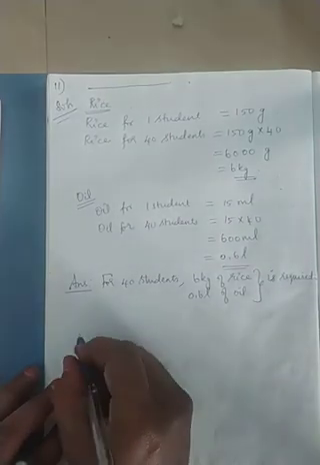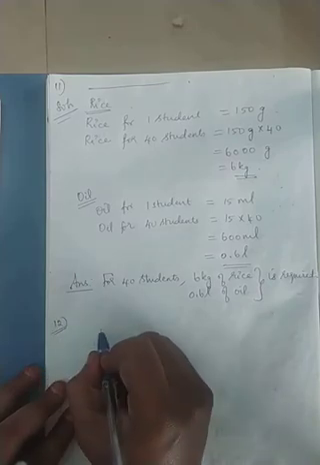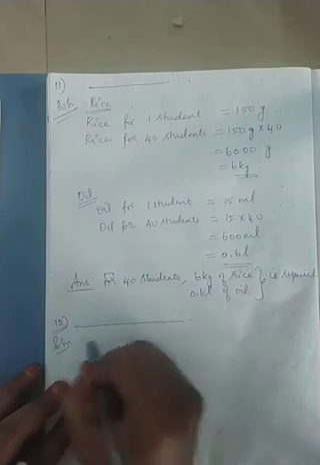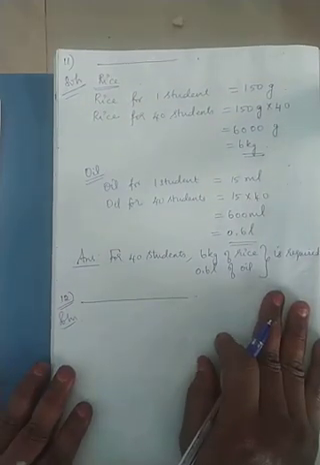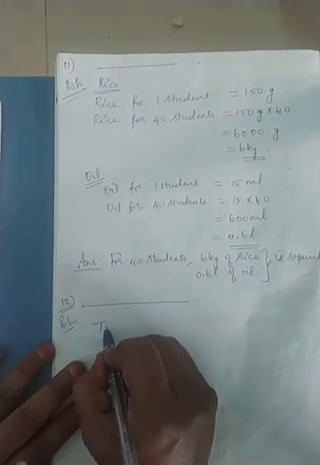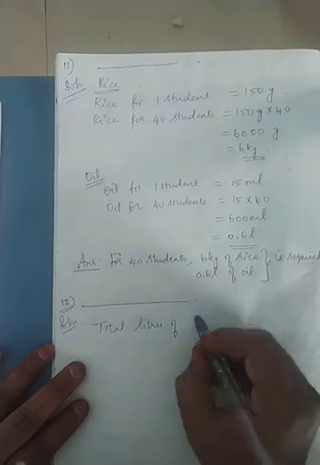Okay, and then coming to the 12th one. In a school, 200 liters of lemon juice are prepared. 250 ml of juice is given to each student. So how many students will get? So total liters of lemon juice,